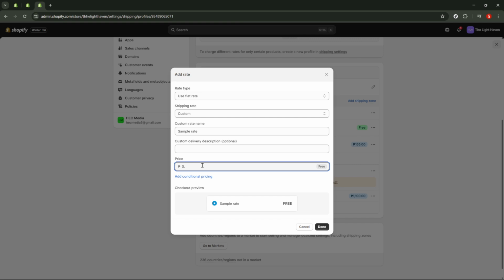Now enter the price you want to charge. This is the exact amount the customer will see at checkout for that zone. Consider your average postage costs, packaging, and any handling expenses when choosing this number. If you plan to run promotions, remember you can set the price to 0 to create a free flat rate when you need it. When you're happy with the name and price, click Done, and then click Save to confirm